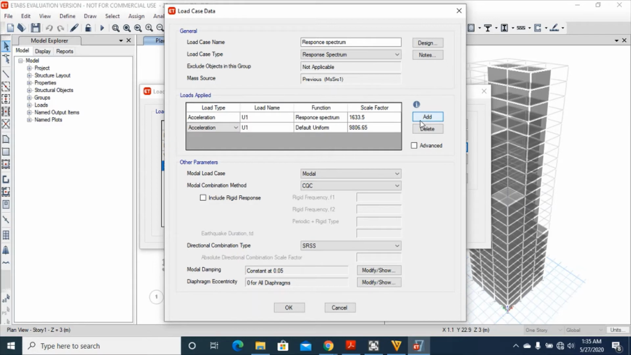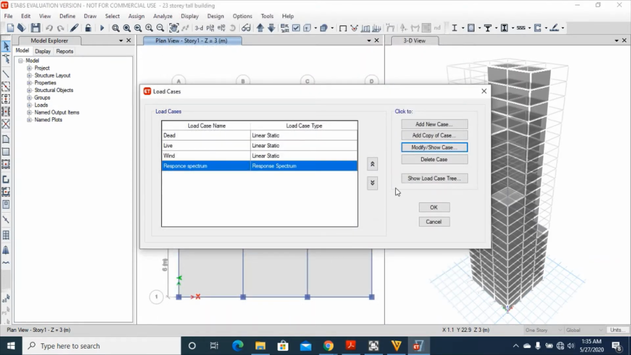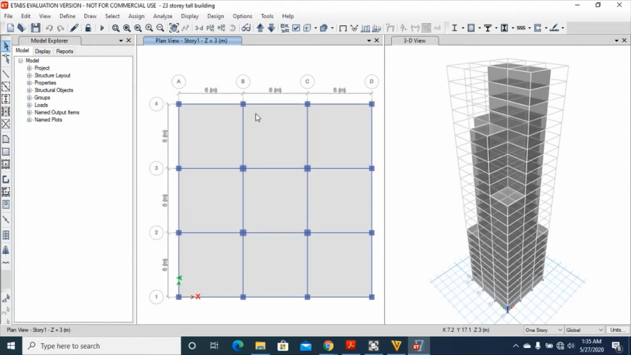Again click on add. It has U2 for Y direction. It has response spectrum factor. It also has 16, 33.5. Click on OK. Click on OK. Now